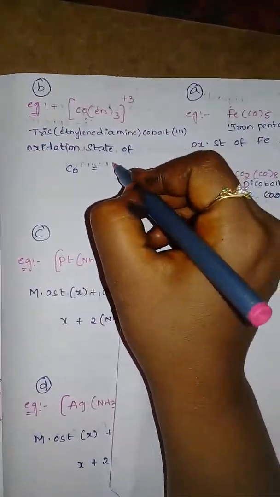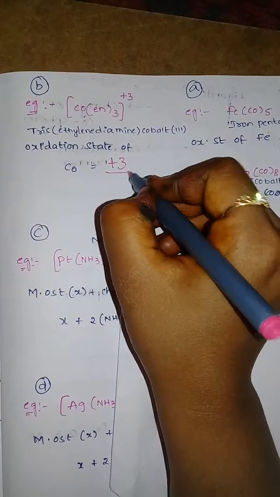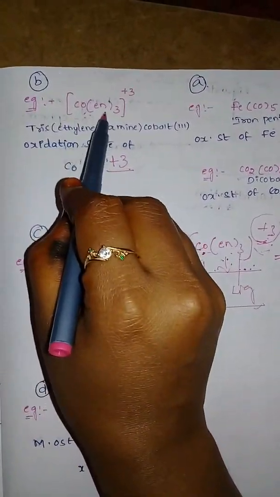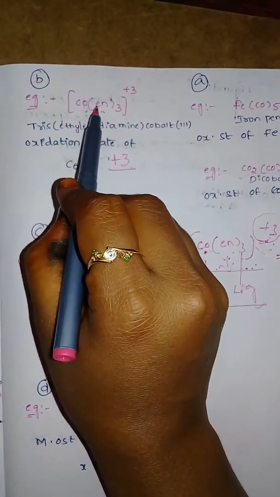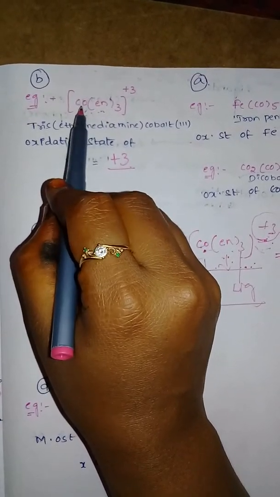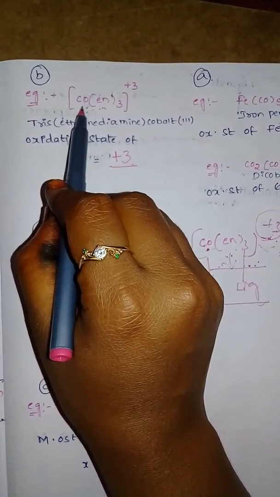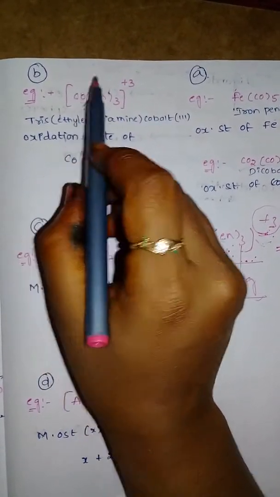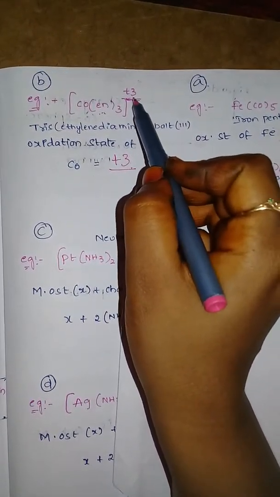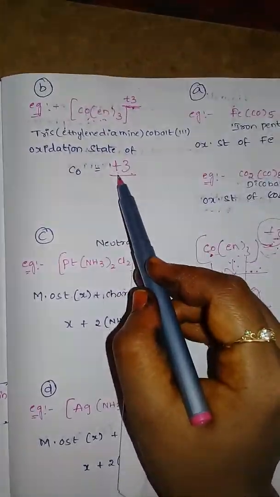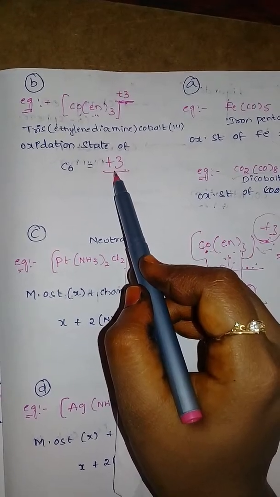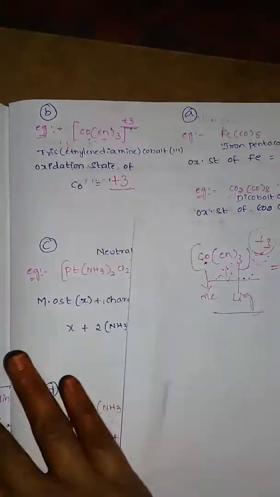Cobalt is plus 3. Based on the second trick, if the coordination sphere contains only neutral ligands, the oxidation state of the central metal atom is the charge on the coordination sphere. So the cobalt oxidation state is plus 3. And then the next example,